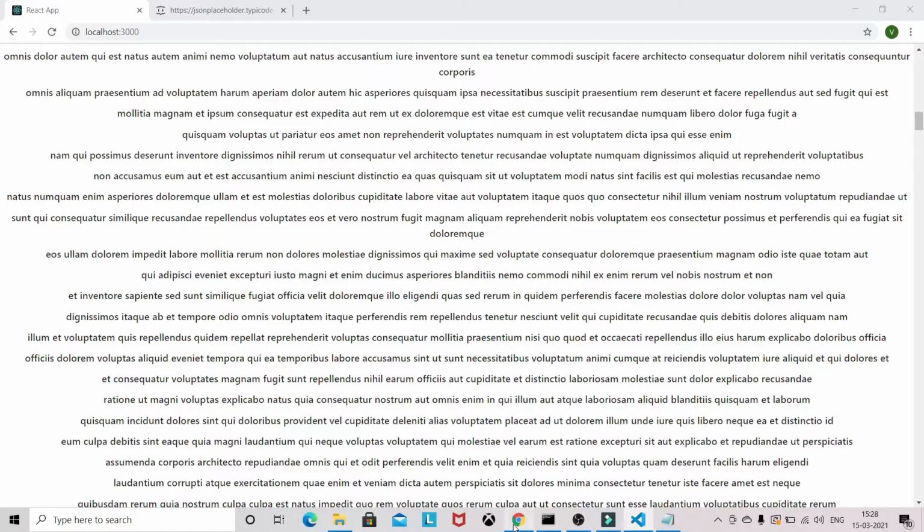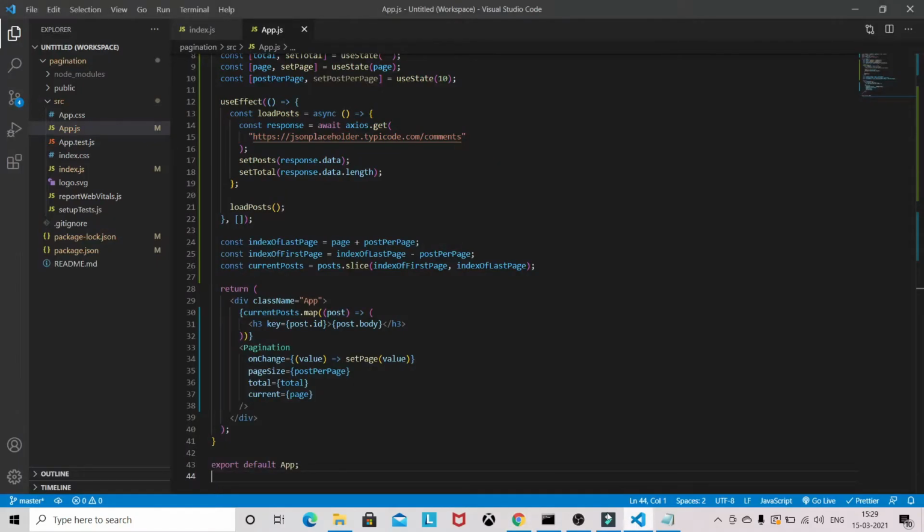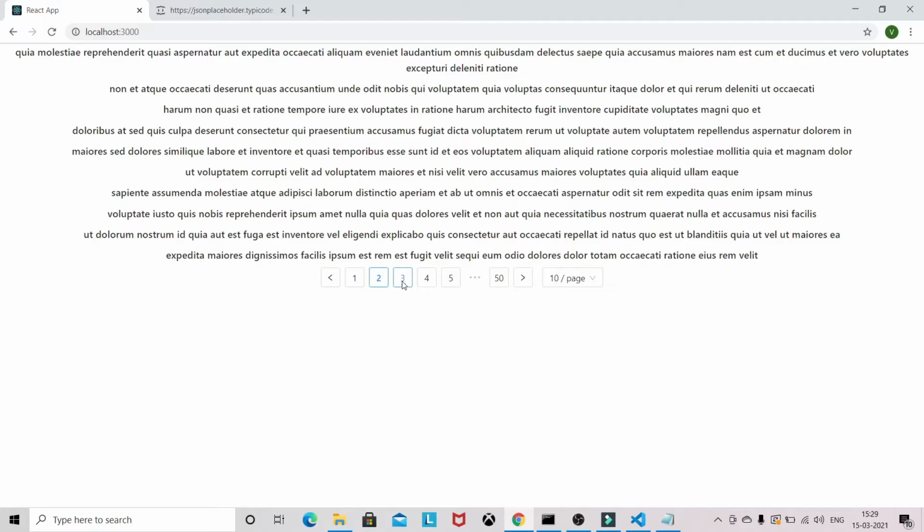Let's see whether our basic page works. Sorry, my bad, it will be one actually. Okay, so the basic pagination we have implemented here.